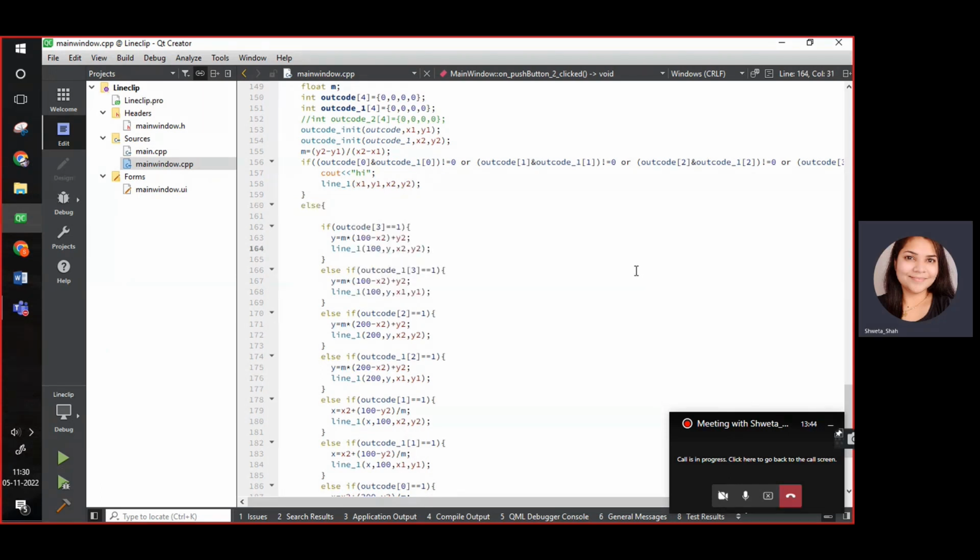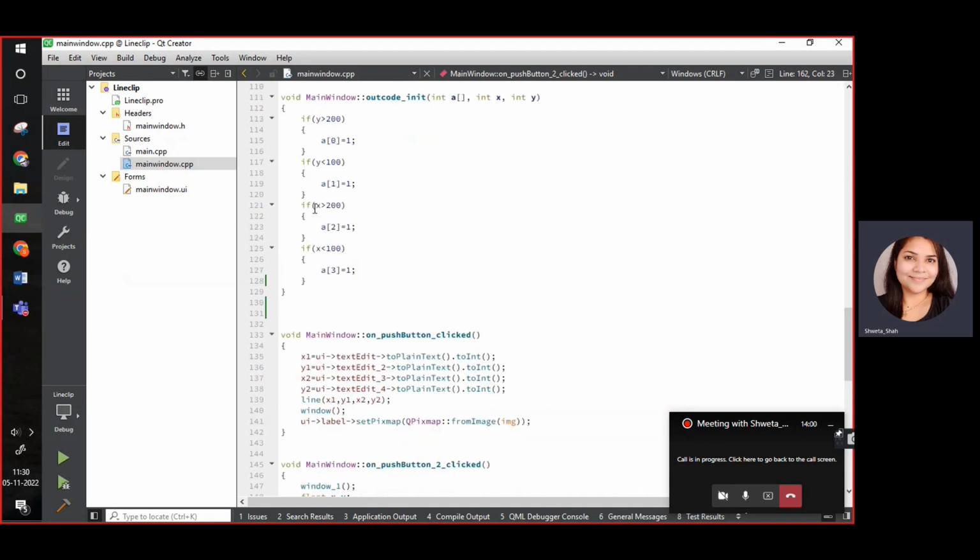For example, what we have done here, we have given the coordinates, for example, 100, 100 and 250, 250. So 250, 250 is outside the window, so we have to solve that. Outcode of 3, that means we have given here outcode of 3,